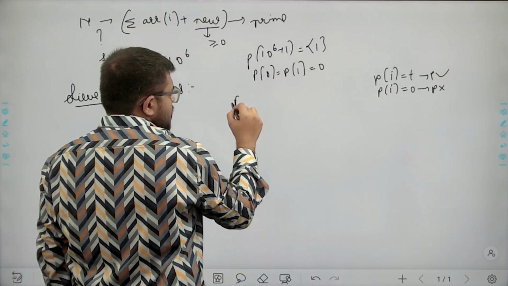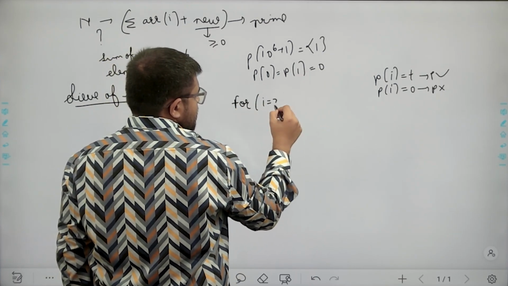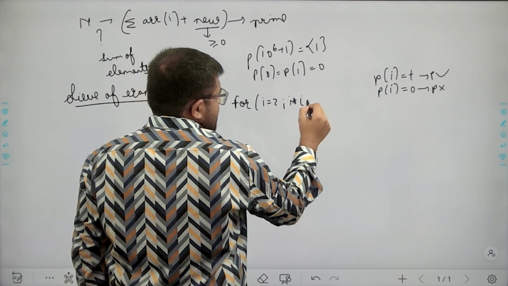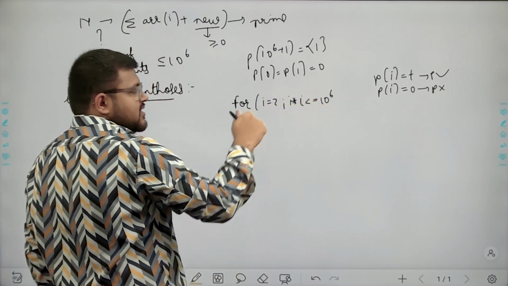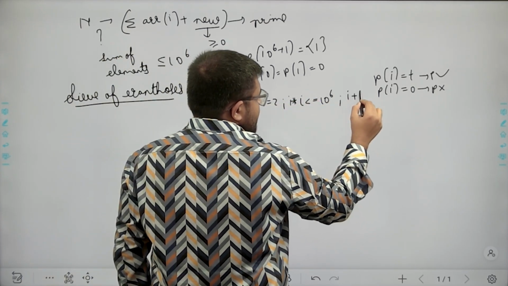And then from 2 onwards, we run a loop: i equals 2 till i square is less than or equal to 10 to the power 6, i plus plus.